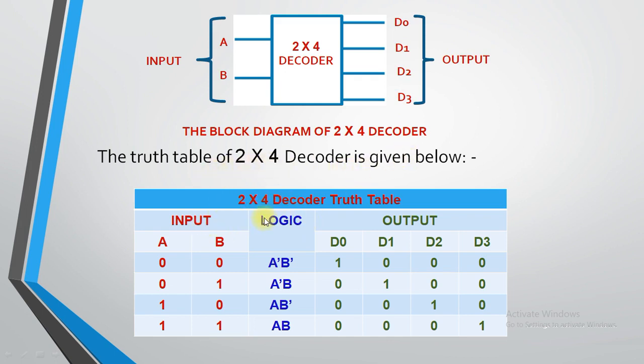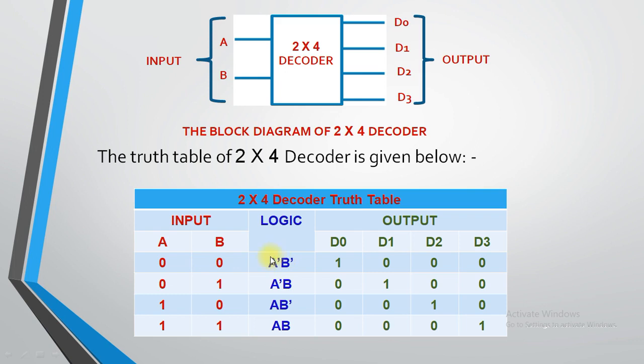Let me explain the truth table of the same. We have 2 input variables, so over here I have mentioned input. I have written 4 possible combinations of both the variables A and B. That means 0 0, 0 1, 1 0 and 1 1. Now I have mentioned one more column over here that is related with the logic. Logic means what? If the value of the variable is 0, at that time you need to make a complement of that. And if it is 1, at that time you can directly write the value of that variable.